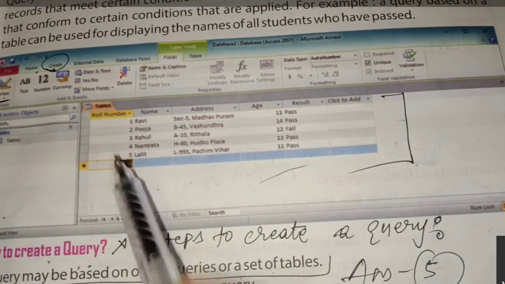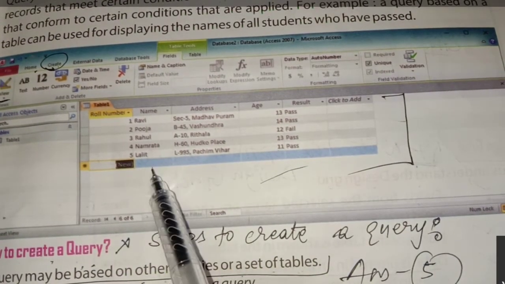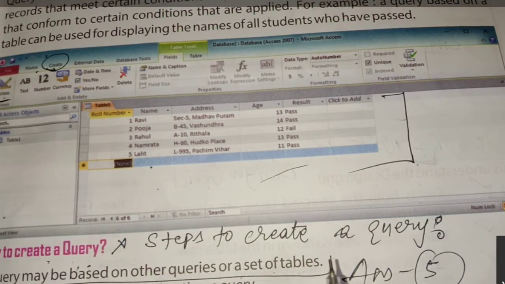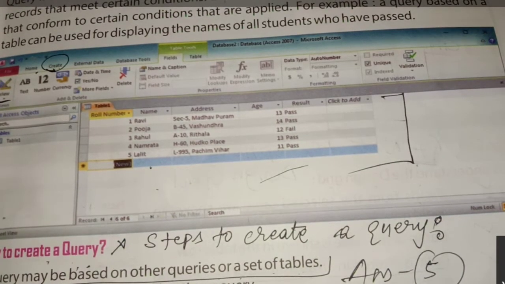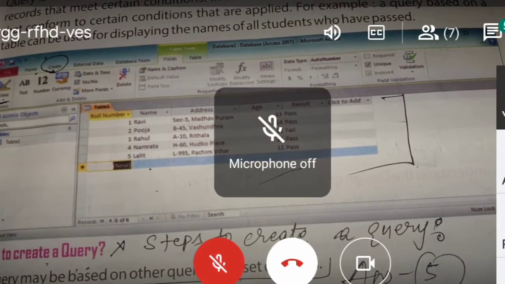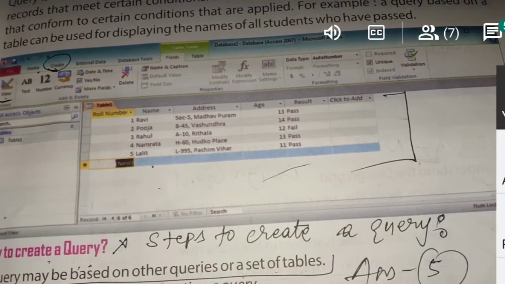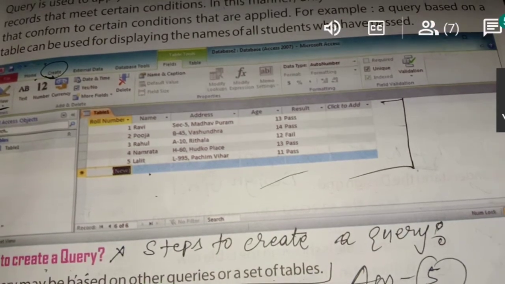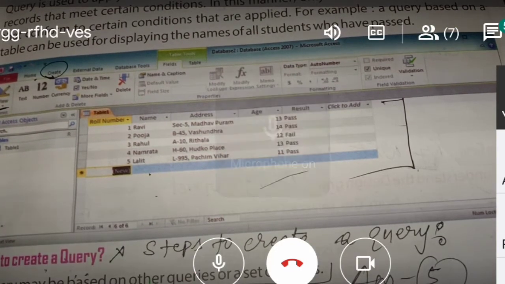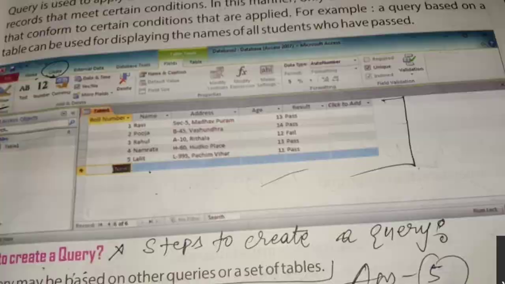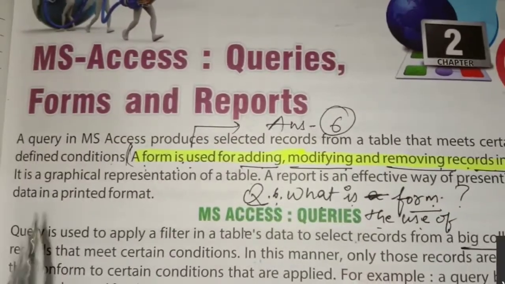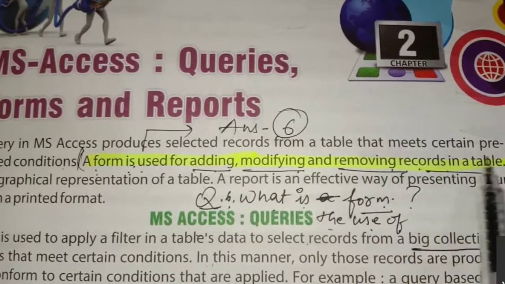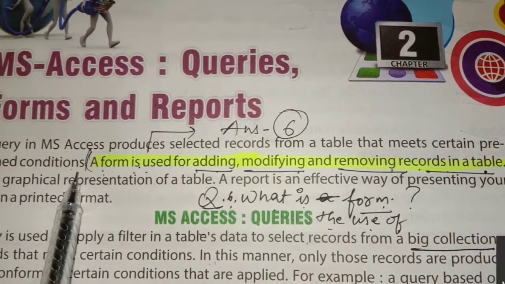You can see all the details in one single row.